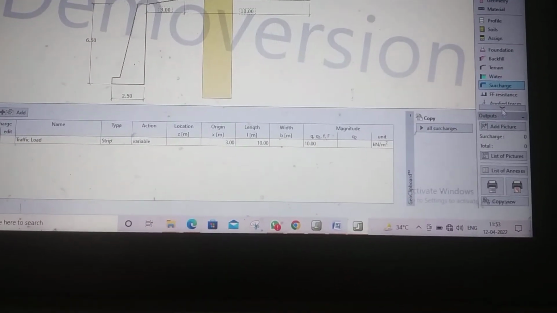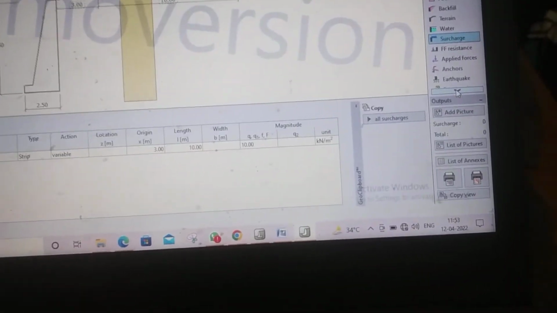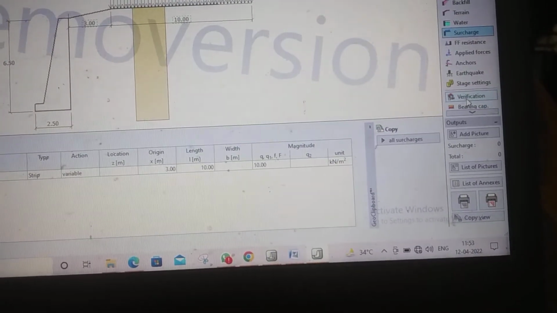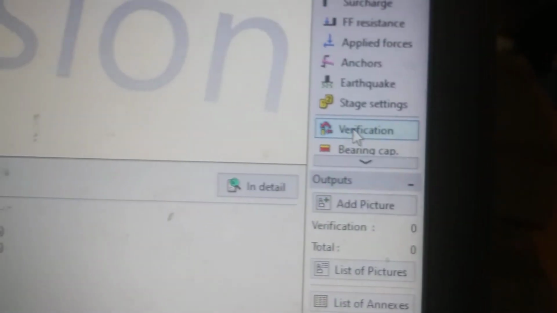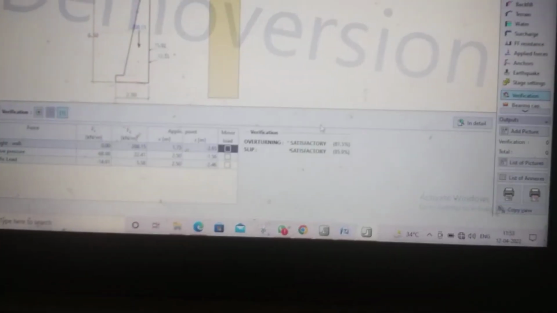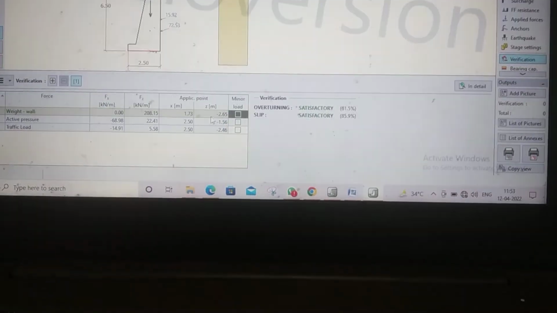Now we have to proceed with the next step, called verification. In this case we just click on this button, verification. Here you can see that overturning and slip are satisfactory.